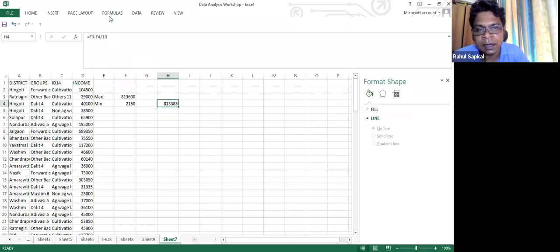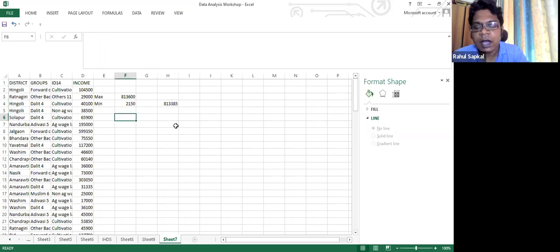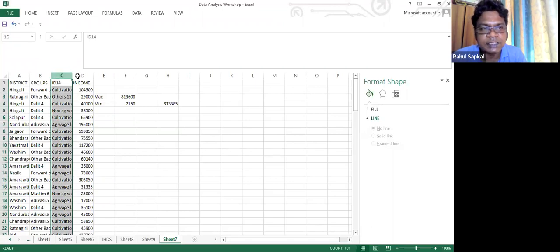If you want 10 class intervals, you can put 8 lakh 13,385 as a range to have 10 class intervals. You can do this, or you can divide this with the help of a pivotal chart also. So we will use a pivotal chart to decide how many class intervals we can have. Similarly, minimum and maximum amount can be found, and we can calculate the class interval.